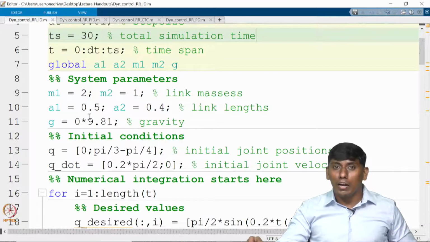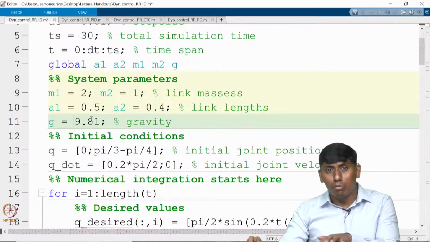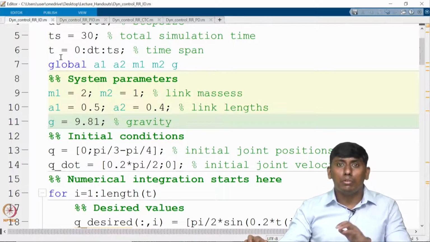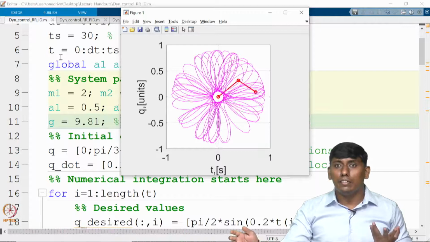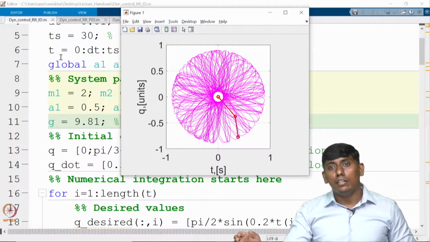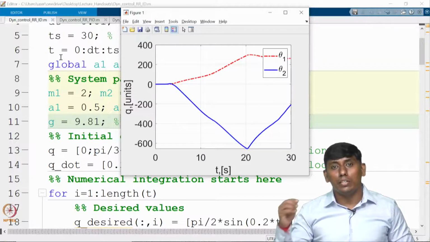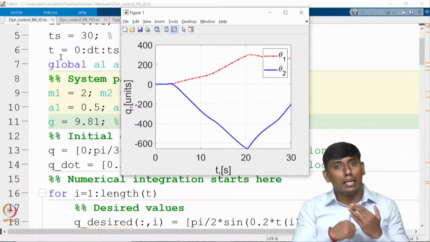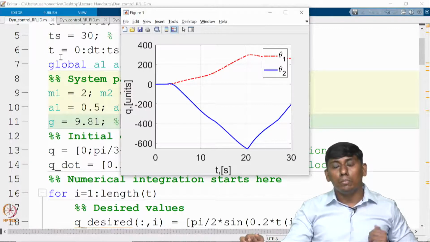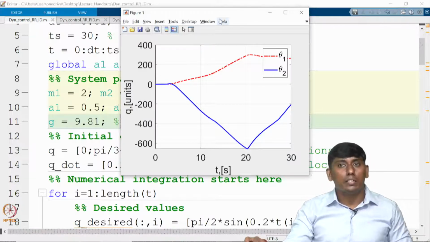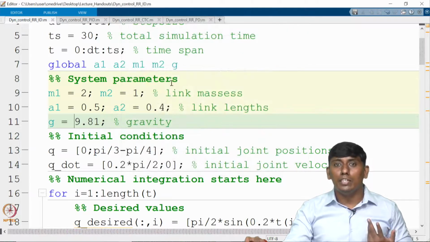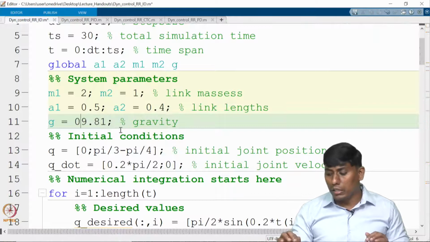Now if I introduce gravity, it may not work as we expected. You can see it behaves completely differently. This is due to the non-expected effect, because the gravity compensation does not exactly compensate based on the actual, since the propagation model is one step forward, so we cannot predict it. So now you can understand why we consider gravity as 0, or why, when we do open loop control with inverse dynamics, it may not work as well.